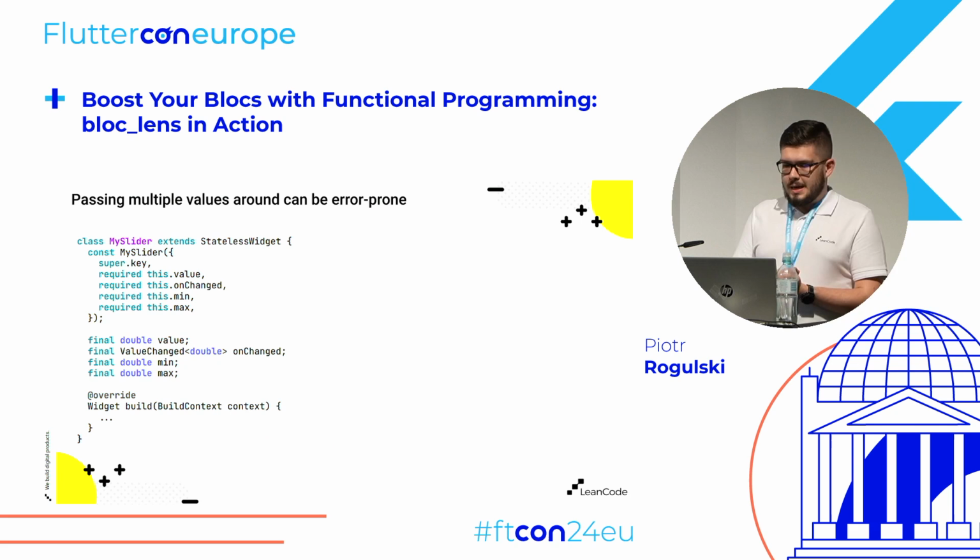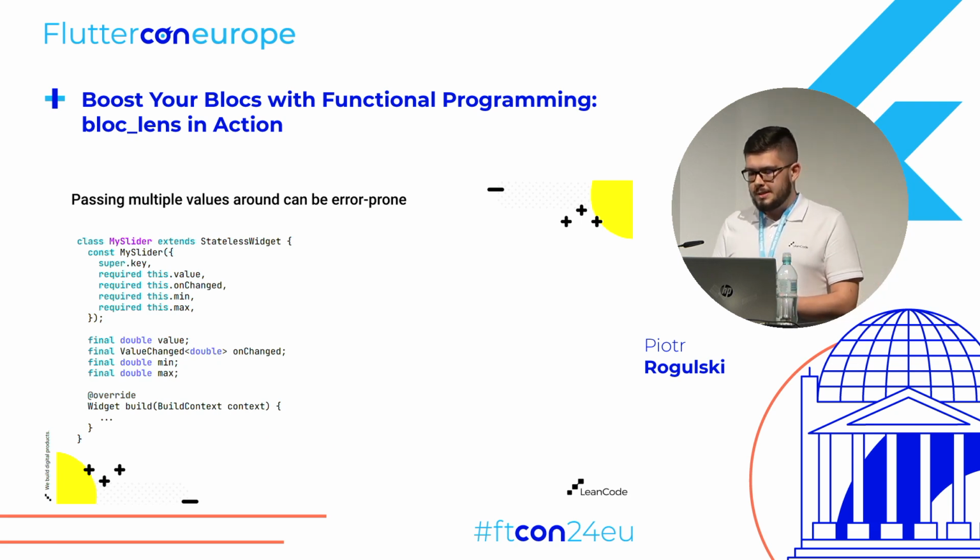What other advantages do these lenses have? If you want to create your own widgets that modify some values and manage other values, you have to provide a couple things. You have to know what the current value is, so you pass the parameter value. You want to be able to change the value, so you pass the callback onChanged. If it's, for example, a slider, because you want to create a font size control, you may want to limit the minimum value and the maximum value